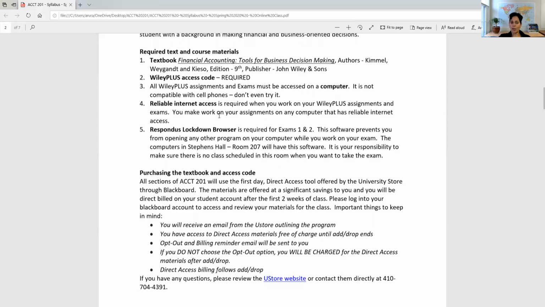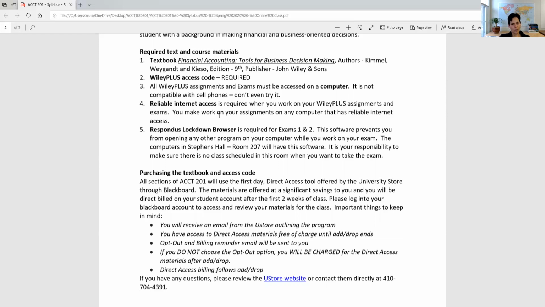You need reliable internet access. I cannot emphasize this enough for you. If you have problems with the internet, you're going to have problems with this course. You are going to be coming to me nonstop asking me to reset things because your internet failed. If you think you're going to have a problem with the internet, I strongly recommend you go to Towson to